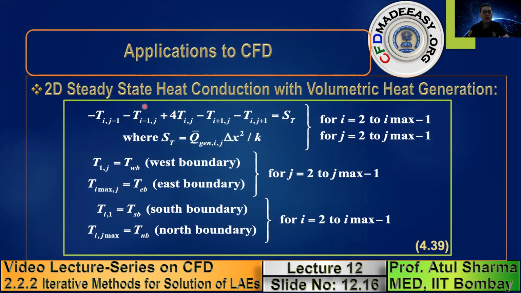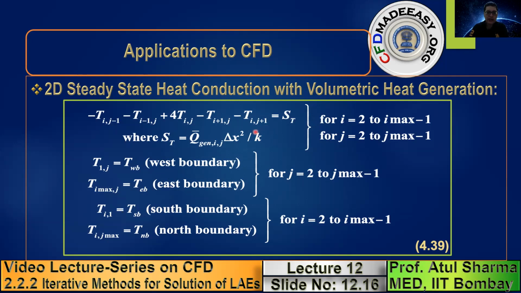applying this equation. Now, if you use a loop where, let us suppose, you have an outer loop with j varying from 2 to j max minus 1, and an inner loop with I varying from 2 to I max minus 1, the first value that will be encountered by this equation will be I equals 2, j equals 2. Now for I equals 2 and j equals 2, which neighbors are involved? The neighbors involved are I equals 3, I equals 1, j equals 1, and j equals 3.